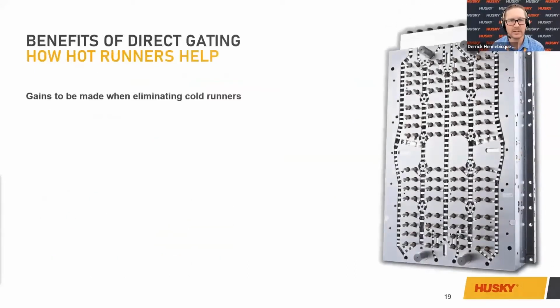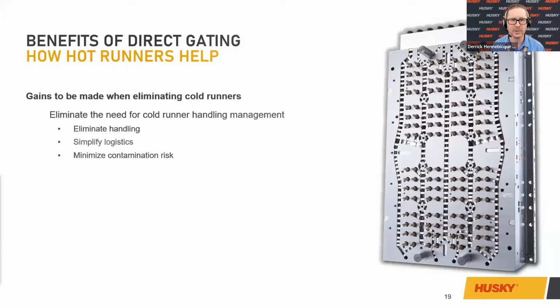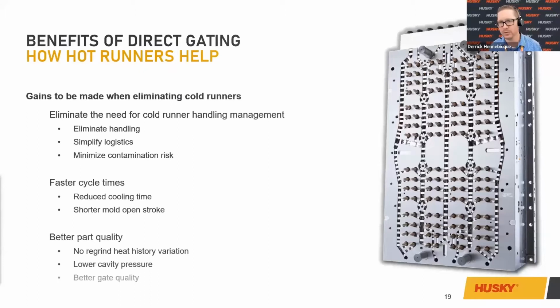A mold with a hot runner certainly has a higher entry cost to invest in the asset. Cold runner handling with its associated costs and risks are difficult to quantify, but the savings quickly add up when virgin material is the requirement. Faster cycle times are very easy to recognize and to quantify, but not only is the part quality improved, but